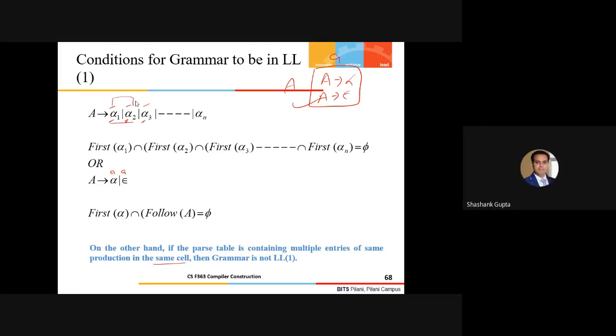Yes, sir. So my question is, what is my goal right now? My goal is to just identify whether it is LL1 or not. So the parser says it doesn't matter that the rest of the things do not have any common symbols. I'm not going to accept this grammar for parsing. Give me the correct form of the grammar. This is our goal. Are you understanding? Our goal is to produce the correct form of the grammar, or else I should not give the grammar to the parser. So I need this flag.